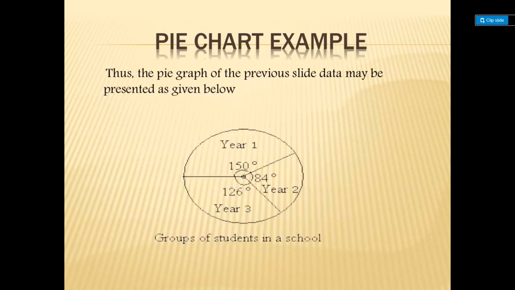Whatever degrees we are getting for first year, second year and third year, we have to represent in a pie chart, that means in a circle graph. By using the compass and protractor, we can show the degrees in a circle, and in this way you can draw a pie chart. So in this video we have seen the different graphical representations of data. Whatever we have learnt previously, we have revised, and we have gone through a new concept which is histogram and pie chart. So hope you will like the video.